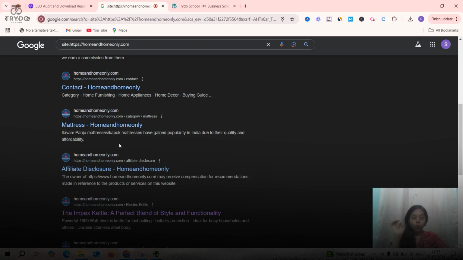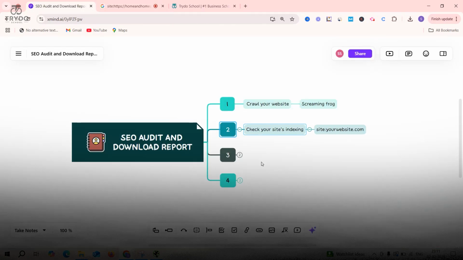You can check what pages and what articles have been indexed. No need for any tools here. This is very simple. You can do it for your competitors also. Correct? The third point,